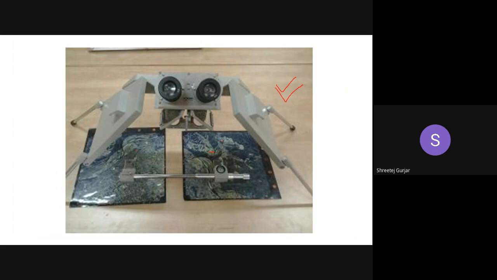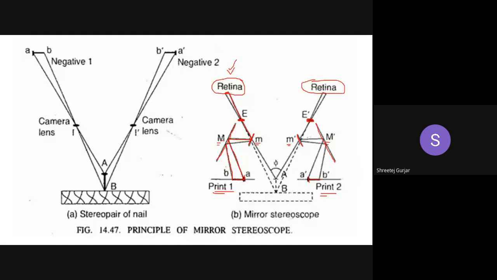Once that is done, stereoscopic fusion is attained, meaning those two images are combined together and only a single image can be seen. So that is stereoscopic fusion, and once that is attained, you will feel that you are viewing only a single image. Instead of two images, you will be seeing a single image, that is a single nail. You will be seeing the head of the nail, capital A, and this is the bottom, which is capital B. You will be seeing a single image, or a virtual image, of this nail and the piece of wood. So this is how the line of sight works and how the mirrors are placed.